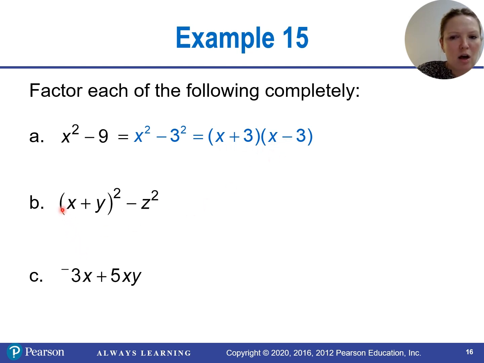The same actually still goes for x plus y squared minus z squared. This is a difference of squares if we think about the two integers as x plus y and z. So we have something squared minus something squared. So according to difference of squares factoring, I would get